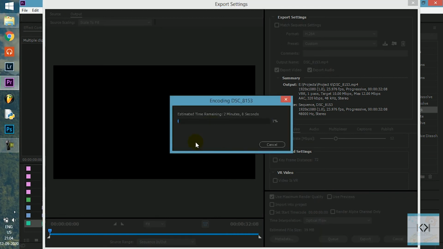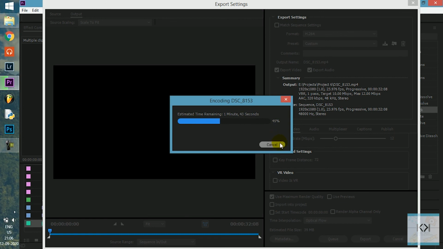So first it renders audio, and audio has been rendered. Now it's rendering the video, and this estimated time remaining that you see is based on your processor speed. If your video is heavy on effects and your processor is slow, God help you, because Premiere Pro takes a very high amount of time in rendering the video. But for now we have not added many effects and the length of our video is very short. That's why it's showing a duration of less than 2 minutes, but it will keep on increasing and decreasing, so we will leave it here.